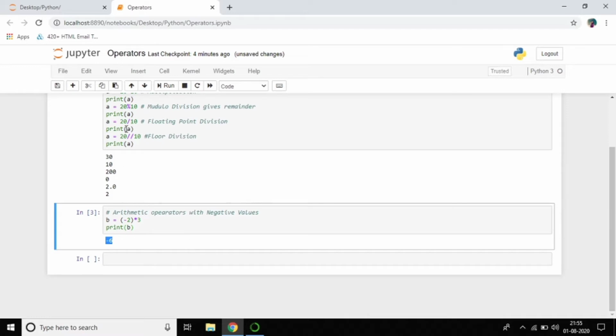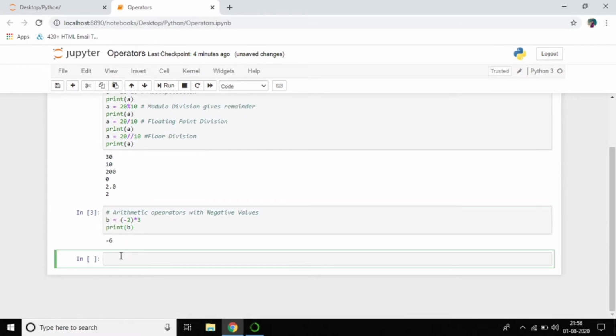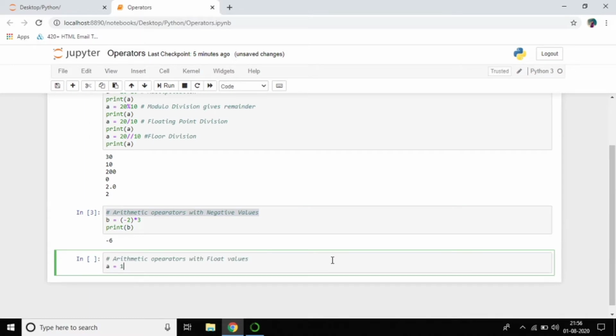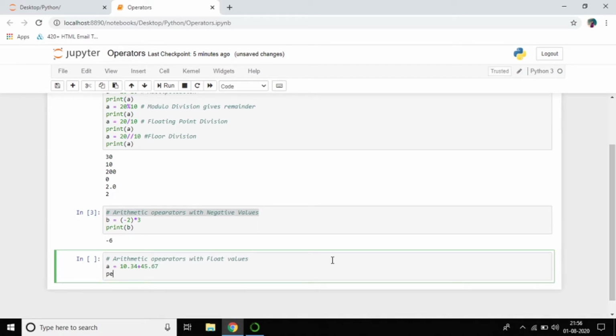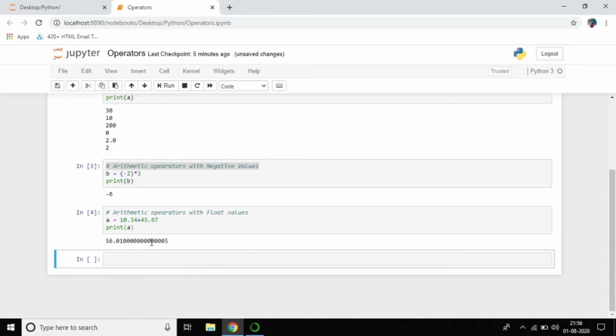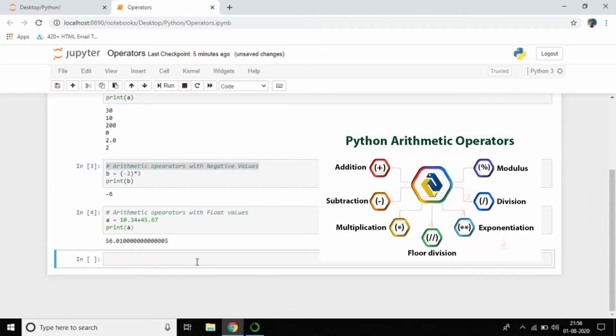The same you can do with floating values, floor division, and modular division. You can do everything. Arithmetic operators with floating values also work, that is 10.34 plus 45.76. Just print a. Of course you can see the floating value. This is the way to do all the things with arithmetic operators with negative values and float values.